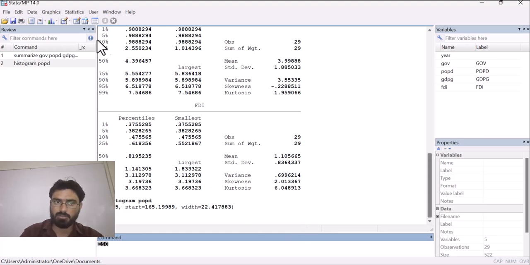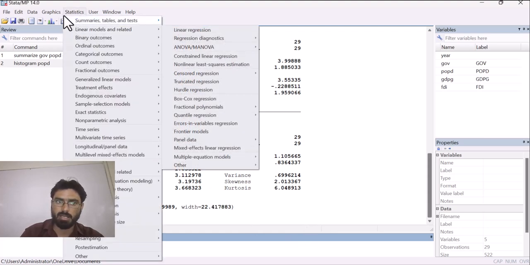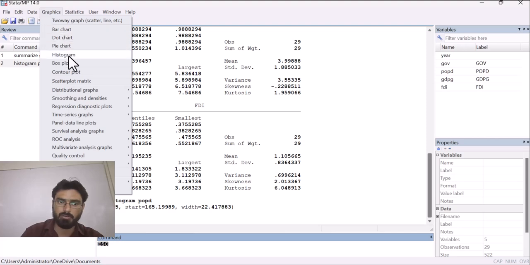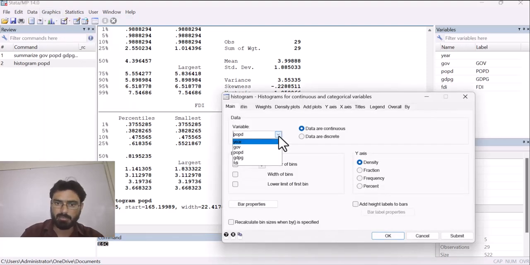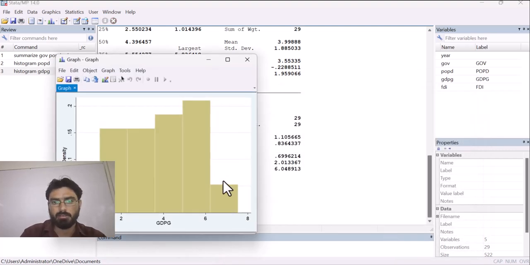Similarly you can do this for any of your variables: go to Histogram and select your next variable. Let's say we want to see GDPG. Now you can see there is a more or less equal distribution.